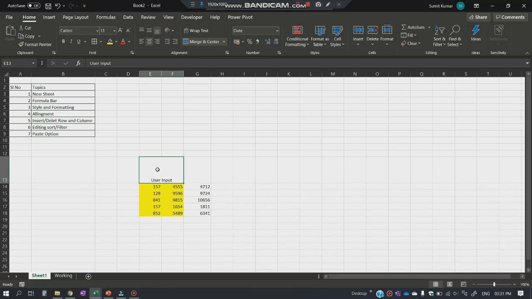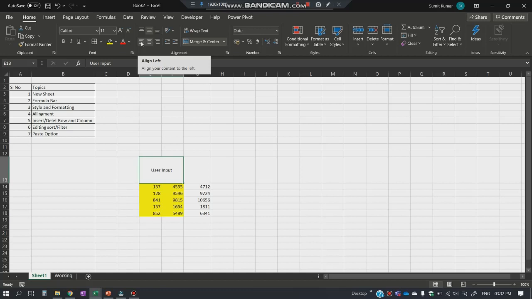If I want to put it into the center, I'll just go to the alignment. I'll click on the center align or the middle align. Just click on that. The data will come automatically into the middle of the cell. Same goes with the bottom alignment as well. If I click on the bottom, it will go to the bottom again, and there is a top option. You click on the top, it will come to the top. So I'll go with the middle one for now, and next to that you have left align, center align, and the right align. So it works in this way.